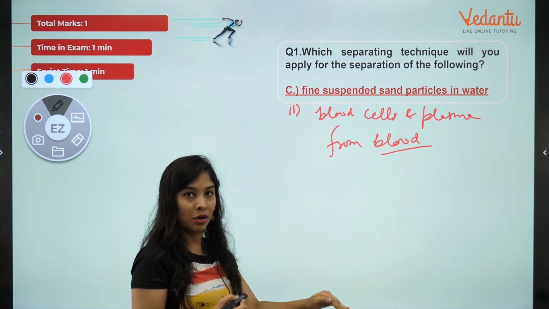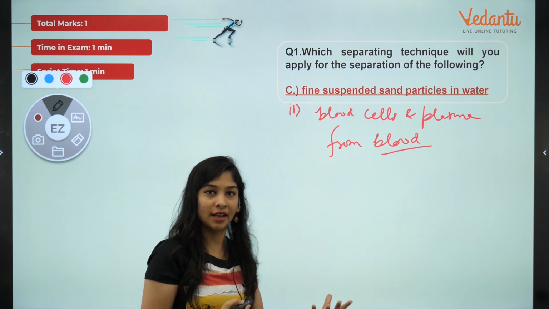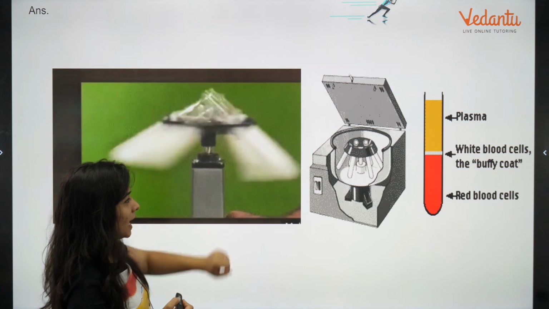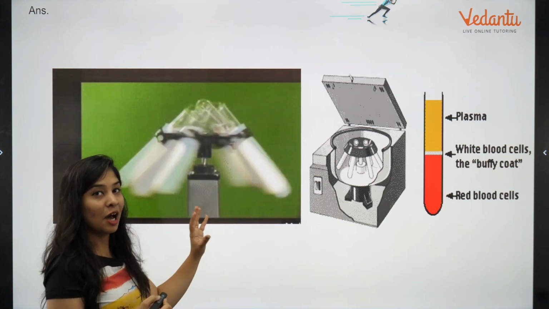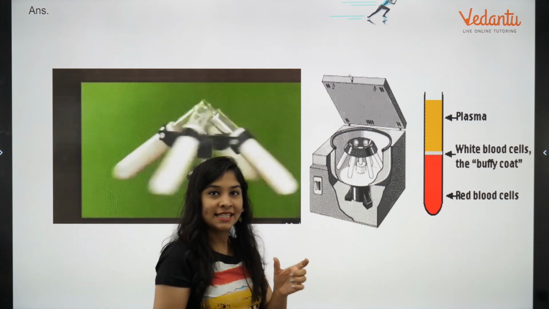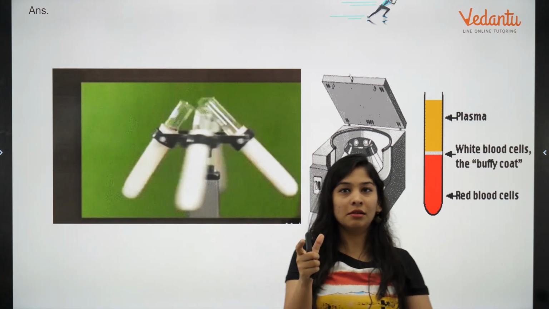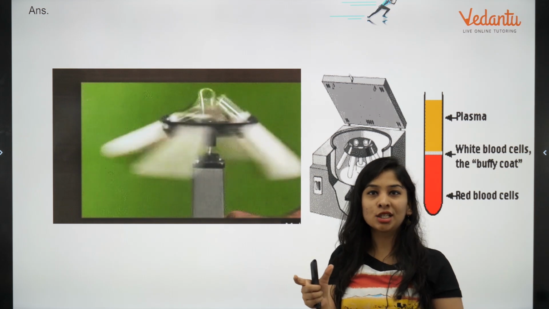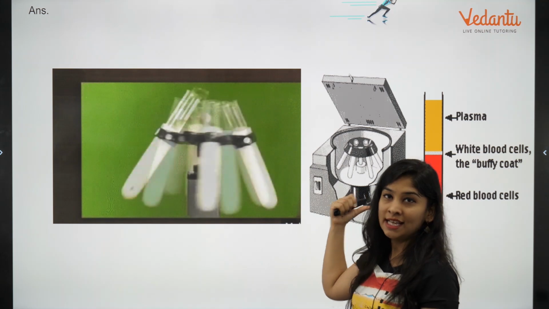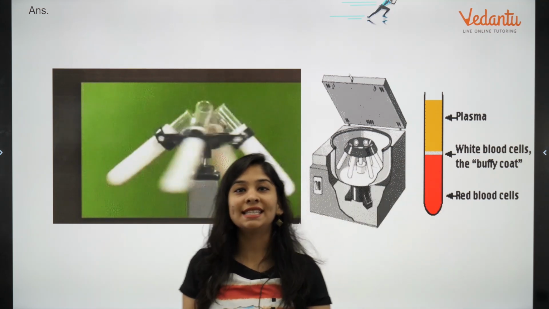Now you should know what centrifugation is basically, correct? So what is centrifugation? Let's just know it. I have attached the exact diagram of how we used to do it in the laboratory. Okay, so let's understand. For centrifugation we are using a machine, an apparatus that is known as a centrifuge. Okay, so this machine which you are seeing right now on your screen is known as a centrifuge.